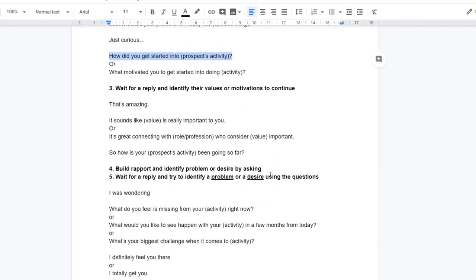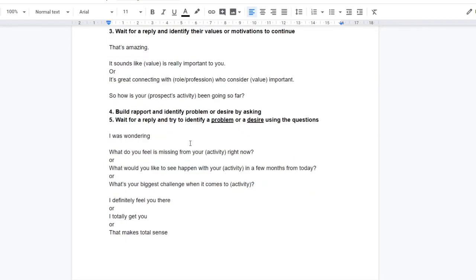Then you want to see their problems, and whether it's urgent to them. If the prospect doesn't have a really painful problem, they won't pay money, because they will think, sure, I can solve this by myself, I don't need a coach. But if it's a big problem that has lasted a few years or a few months, they will pay anything just to get it solved. That's basically how I would identify if the prospect has a problem.